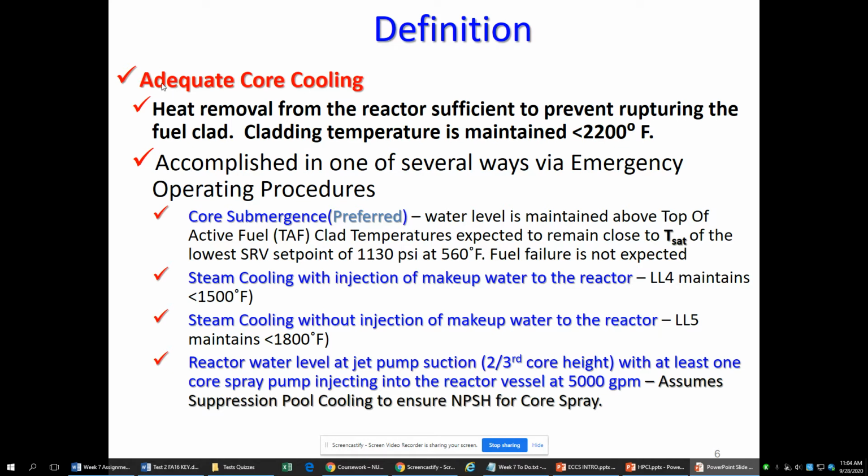So adequate core cooling. How do we decide if the core is cool enough? The best way to do that is to have the core submerged. If the water is on top of the fuel, we're going to be fine. And the magic number here is 2200 degrees Fahrenheit. As long as we can keep everything below 2200 degrees Fahrenheit, we cannot build up too much hydrogen, so we